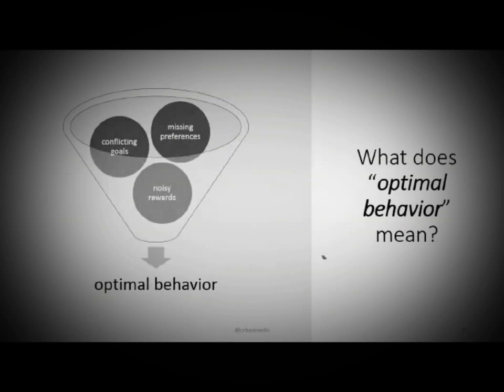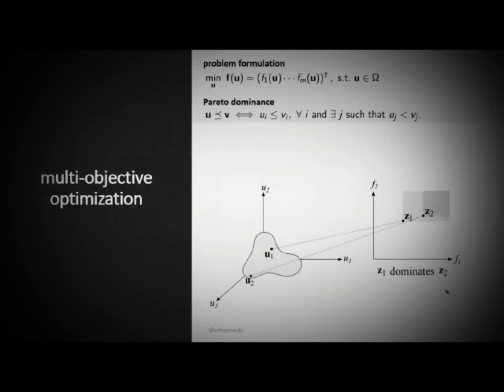Okay. So now, when we mix all these concepts together, then the problem becomes, what does it mean to behave optimally in such a setting? So we definitely need a model. So let's talk about mathematical models now. So first, let me start by talking about the multi-objective optimization aspects of the problem. So here is the problem formulation.